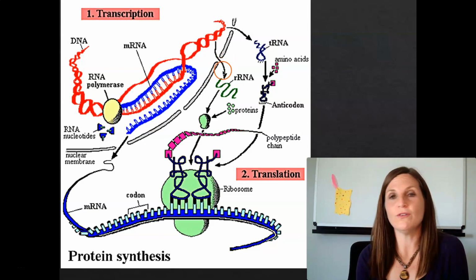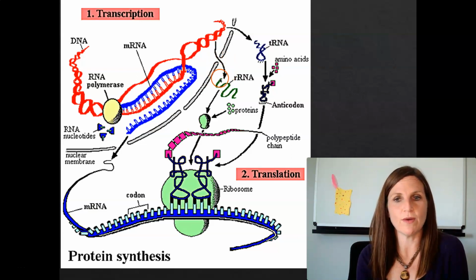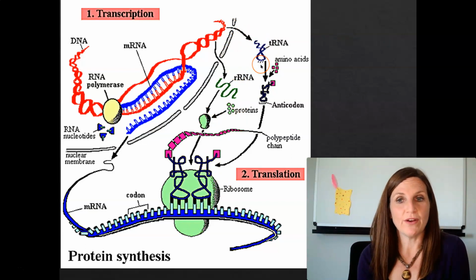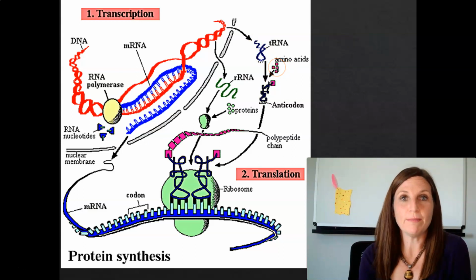Remember that the code for these ribosomes is also held in the DNA, so the rRNA and the proteins link together into this ribosome. And our tRNAs are also here with their anticodons, and they're connecting back here to amino